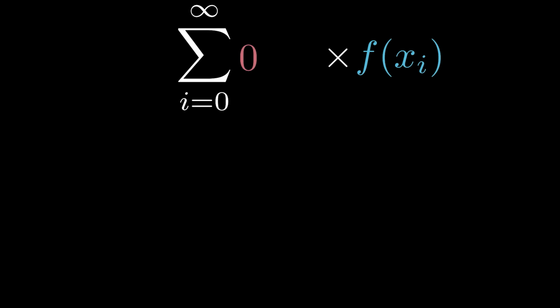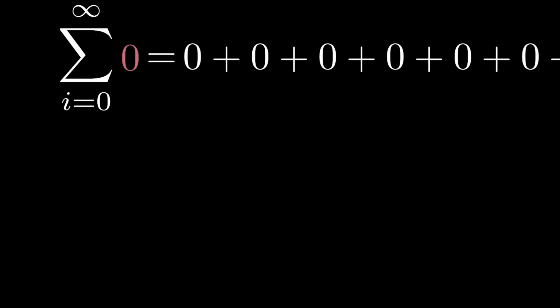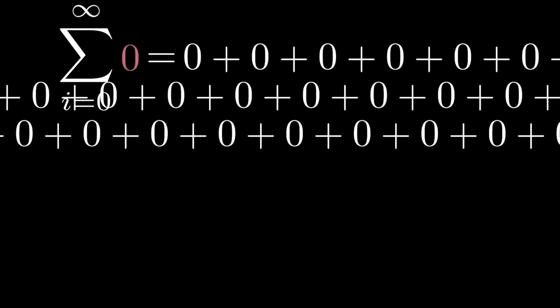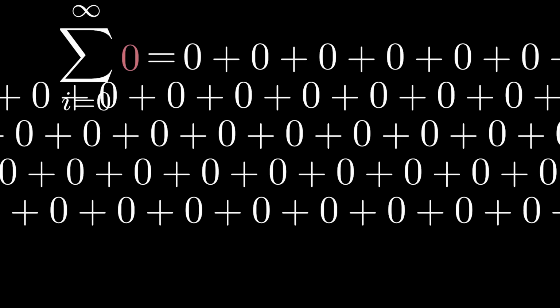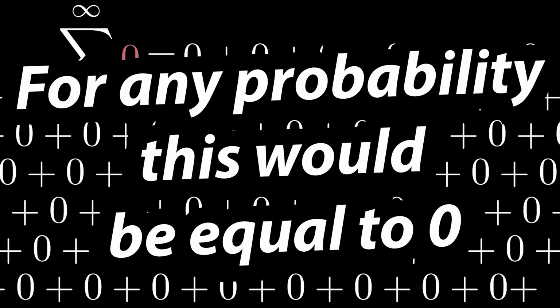But if it does actually approach 0, then after we multiply the result of the function by the 0, we get a 0, which means that this sum is just equal to 0 plus 0 plus 0 plus 0 plus 0 plus 0 plus 0 plus 0 plus 0 plus 0 plus 0, and so on, an infinite number of times. So how could we solve this problem?